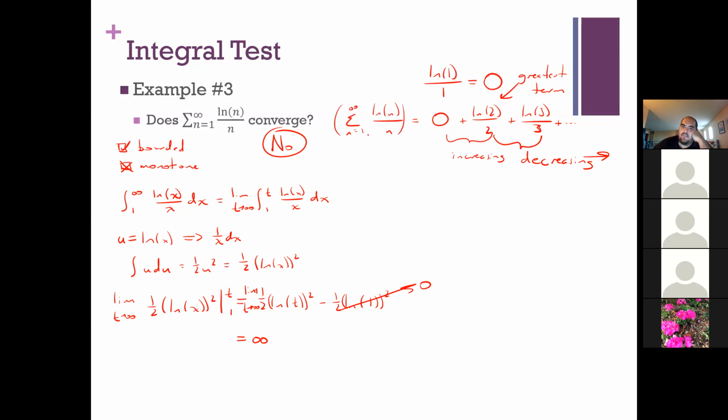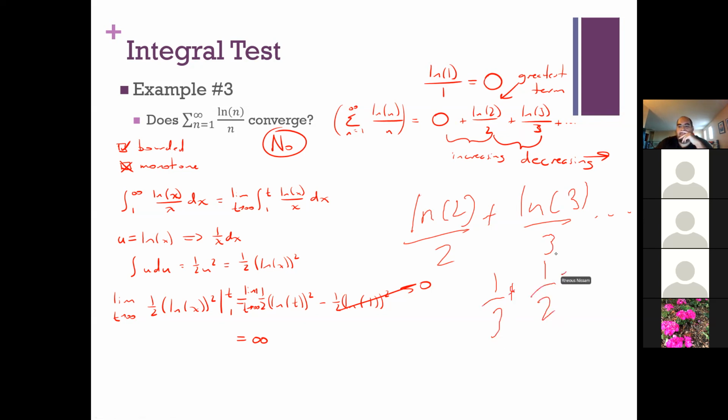Can I annotate? Yeah, absolutely, go for it. So what I was trying to say is, this by this, and this by this, and it's going to keep on going, right? Like you have 1/3 plus 1/2. If you cross multiply, you get 2 plus 3 by 6. So when you do the same thing for this, it's a lot of terms, like 4, 5, 6, like that. So that's going to be here.